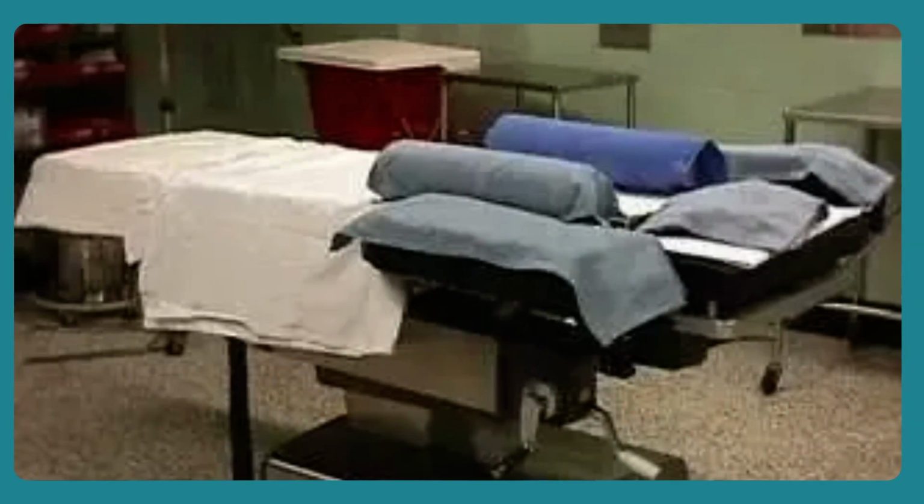So we're not talking specifically here about the open Jackson or a Jackson table or anything like that. That's going to be a separate thing we talk about specific to those positioning tables. So for the prone case, I'm going to make sure before the patient ever even comes in the room,